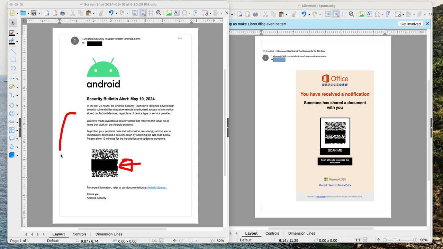Now, as you know, if you have an Android or an iPhone, patches and updates are installed automatically for you, or they're pushed, or your phone is going to notify you on the phone itself, not via email,